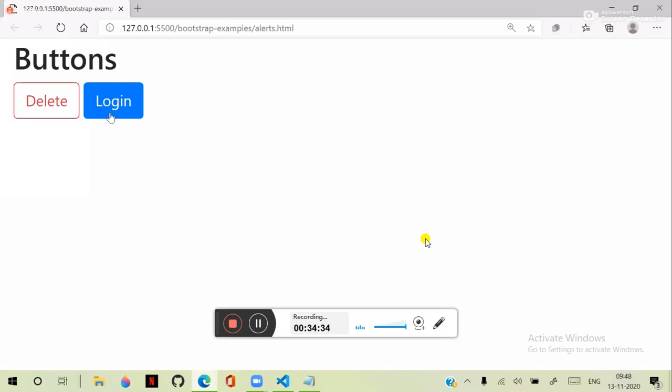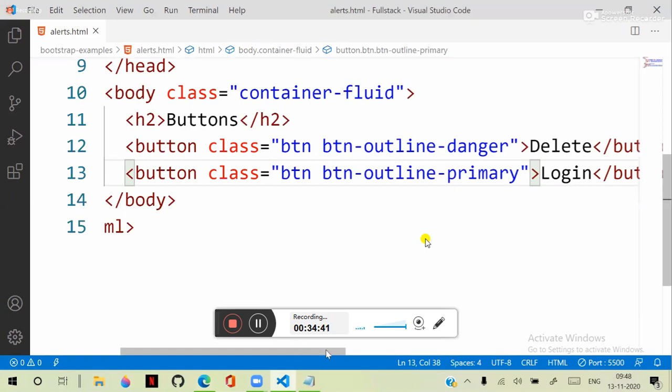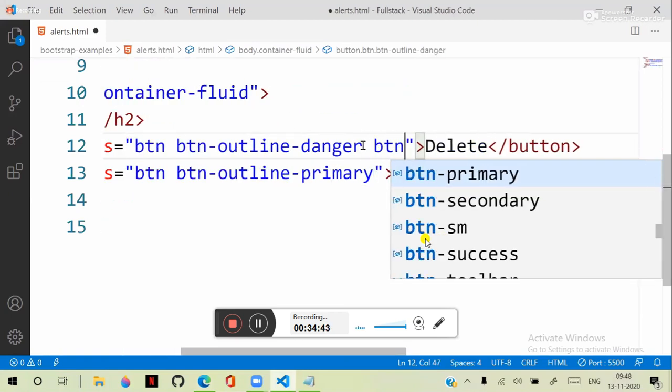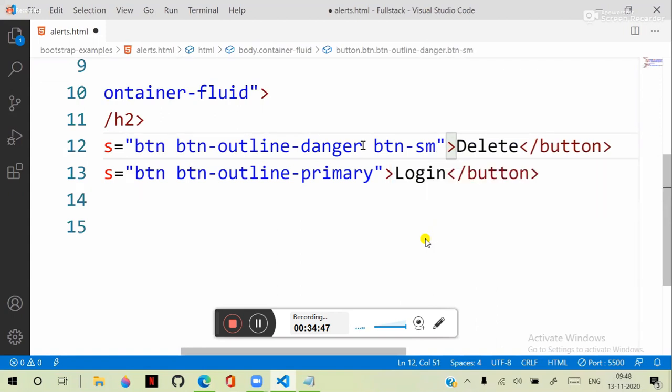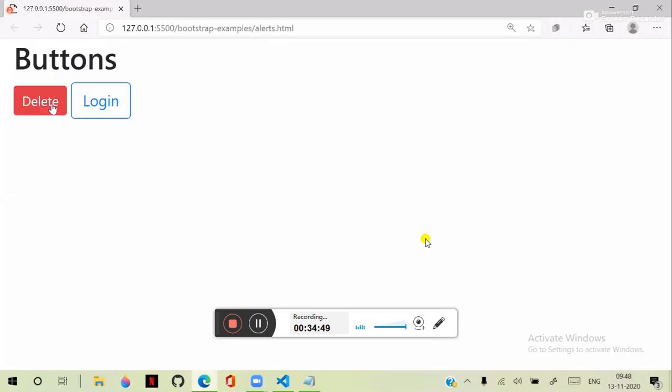These are outline buttons. You can design such buttons. You can create the button size small by using btn-sm. So btn-sm will keep the buttons small. You see the size will be changed. Original button is this one, login, and this is